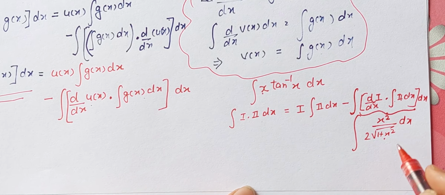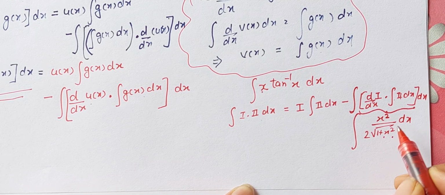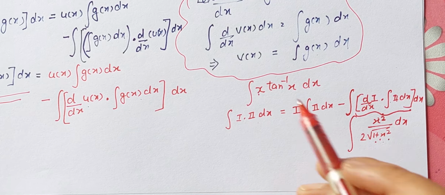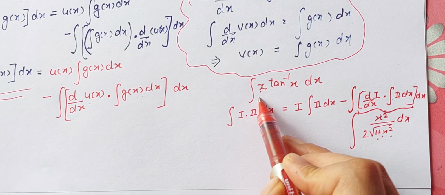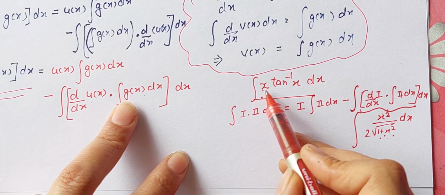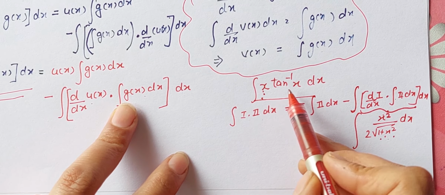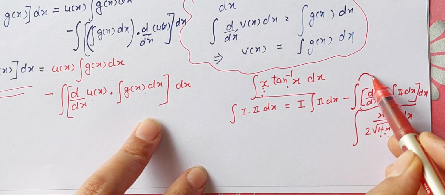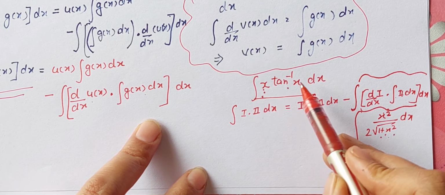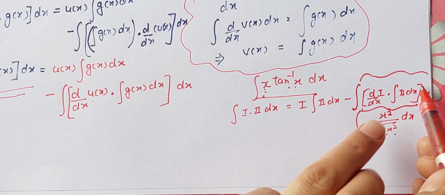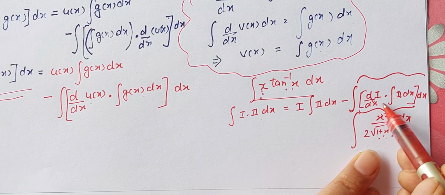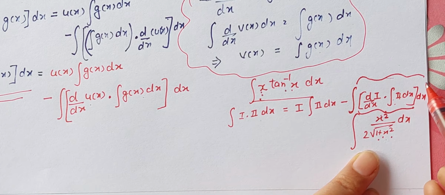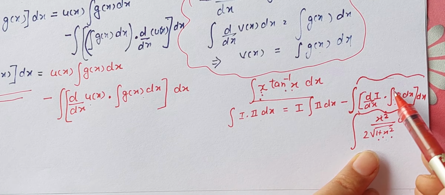Now, this is going to reduce to this one, and we have learned how to deal with them. So that's why if you have been given a question like this, please do not proceed with taking this as the first function and that as the second function. You must focus on this part. The choice of first and second function should be properly analyzed by looking at this, meaning in which scenario this is going to give us a simplified function.